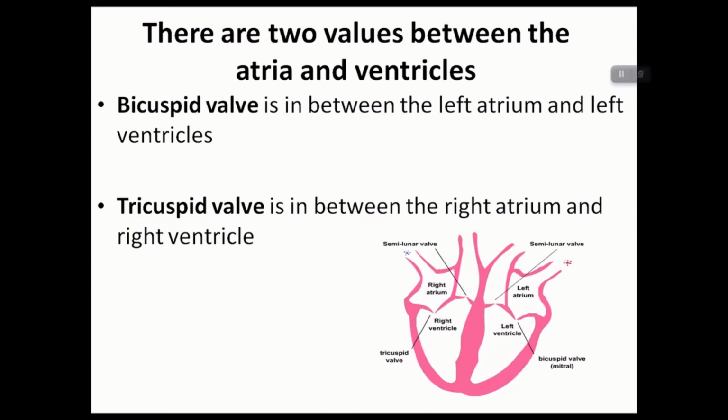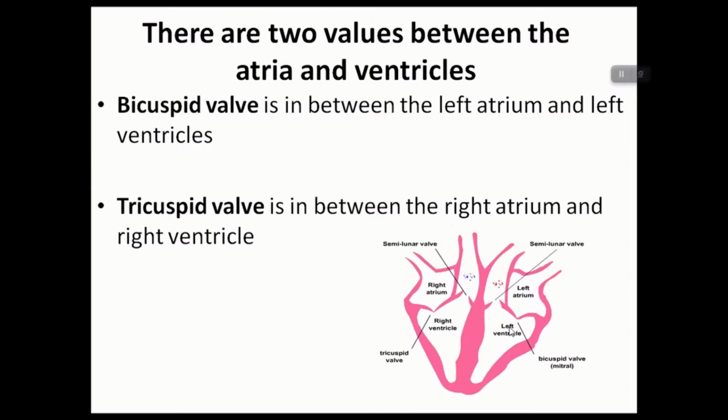There are 2 valves between the atria and ventricle. Before I explain this, atrium is singular, and atria is the plural form. Atria is plural form for atrium. Now we are going to talk about valves between the atria and ventricle. Go through this diagram and say,